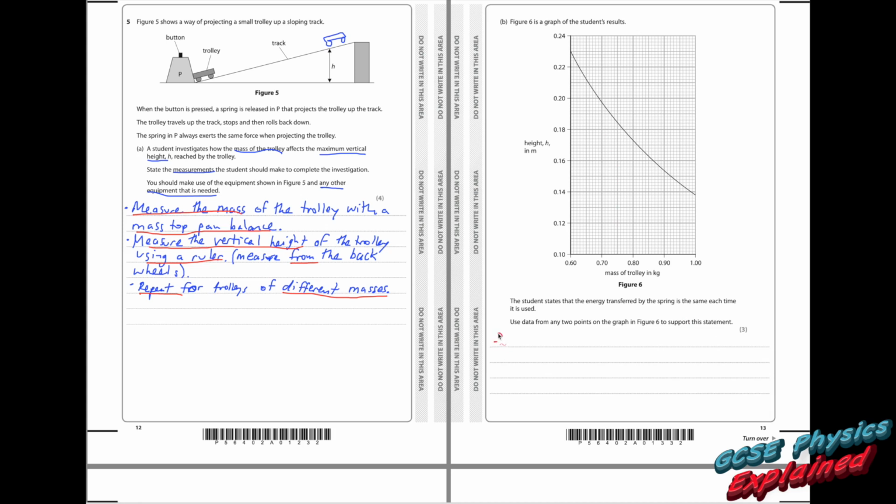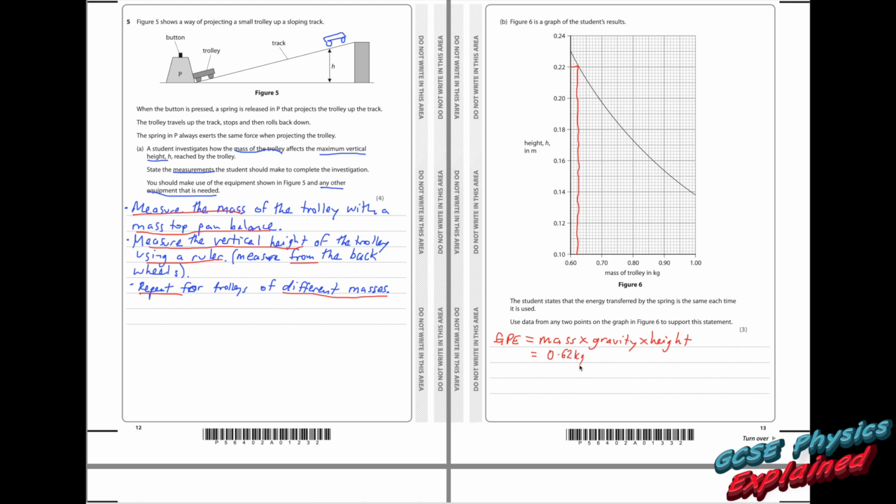So we know that gravitational potential energy equals mass times by gravity times by height. So if we just pick 2 heights and the corresponding masses, pop them in there, and the gravitational potential energy should come out as the same each time. So if I go for 0.22, and that corresponds to 0.62, so the mass is